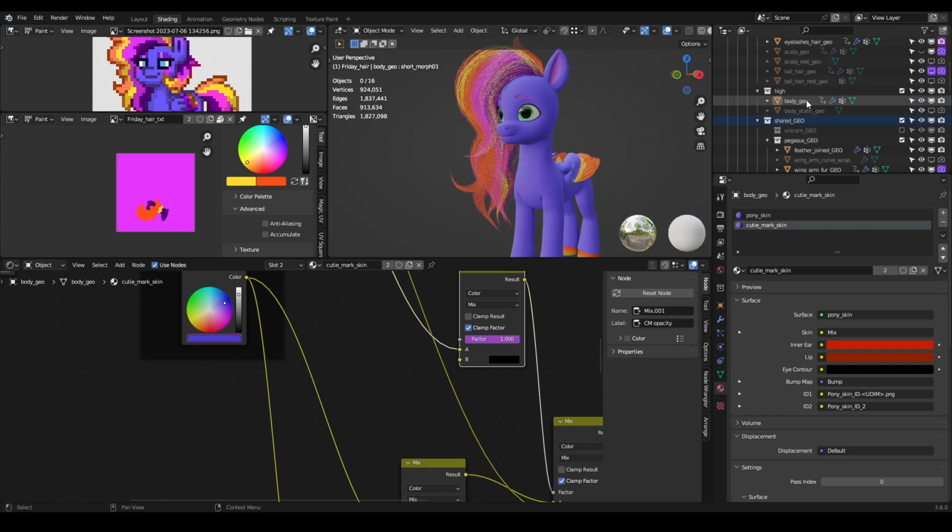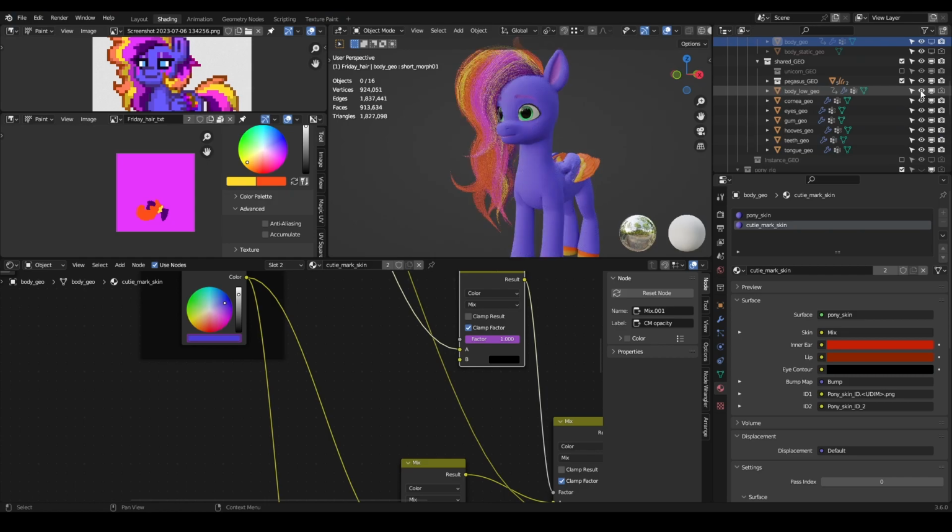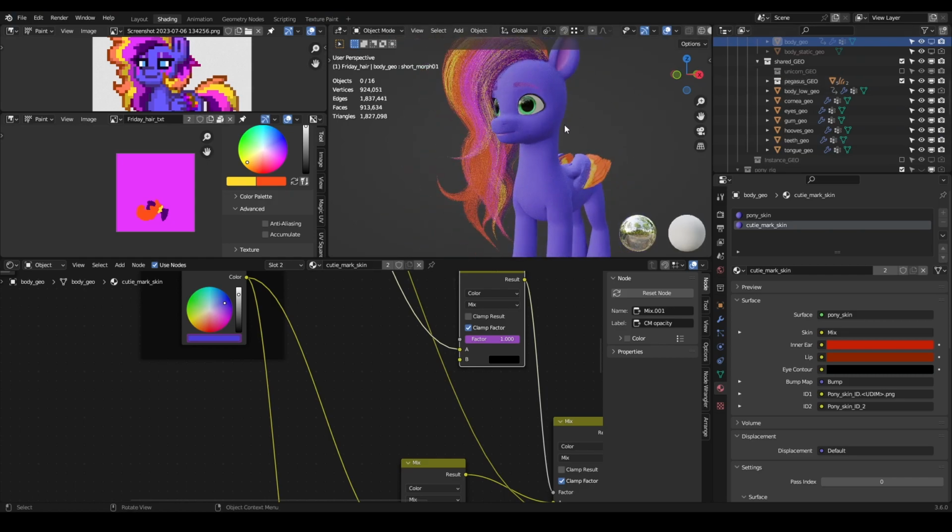In your case, it's possible you have been working with the low poly version of this body. They look very similar, and honestly, they have very closely matching UVs. So if you paint on the low poly, it will very likely translate to the high poly. But